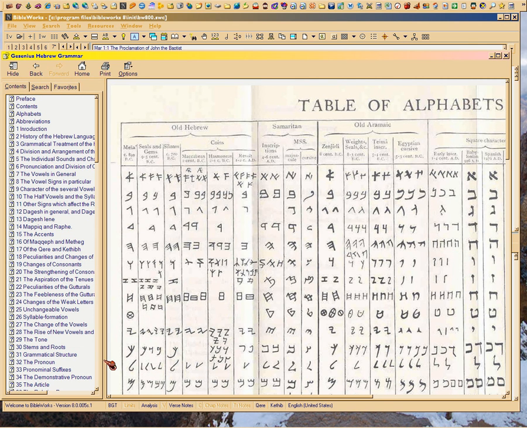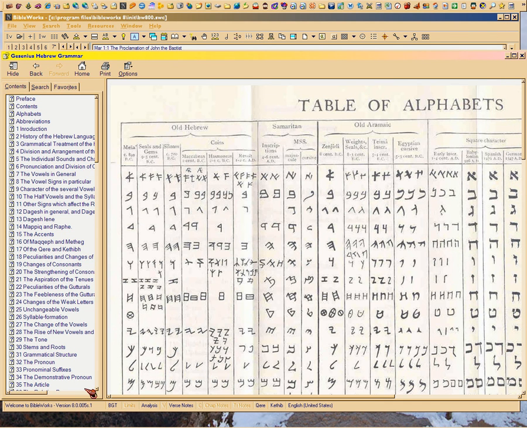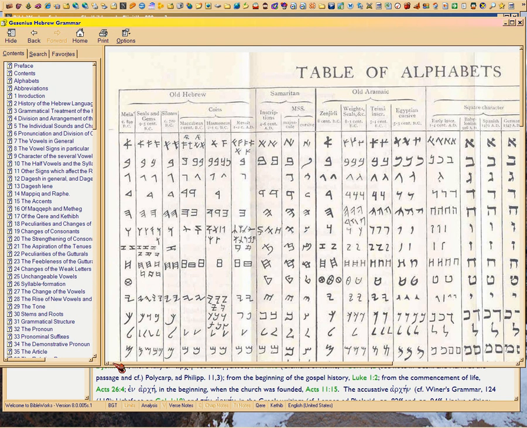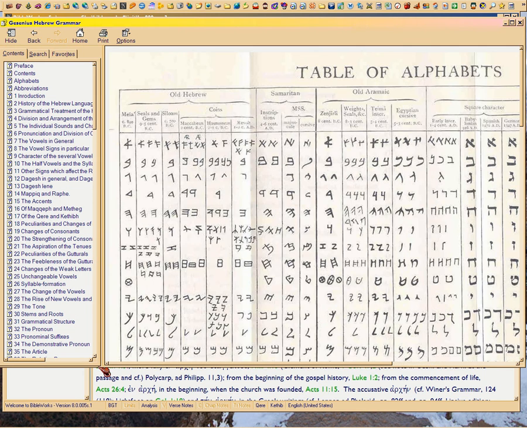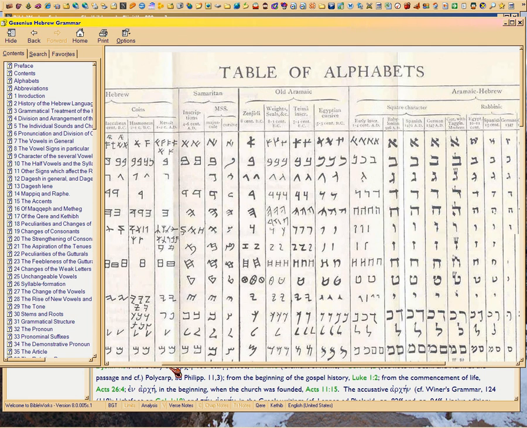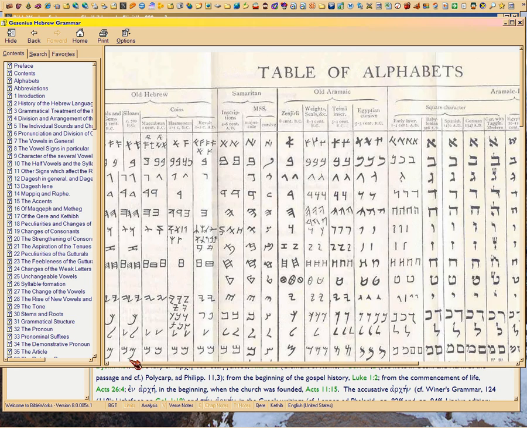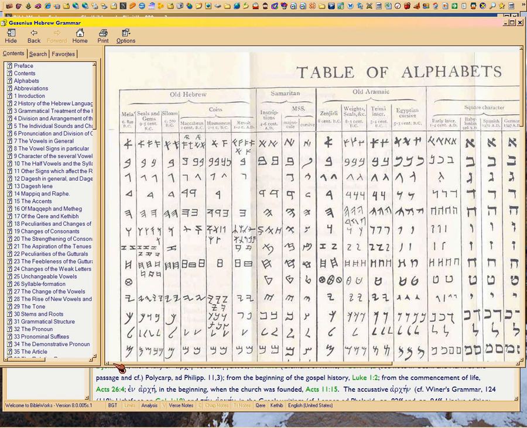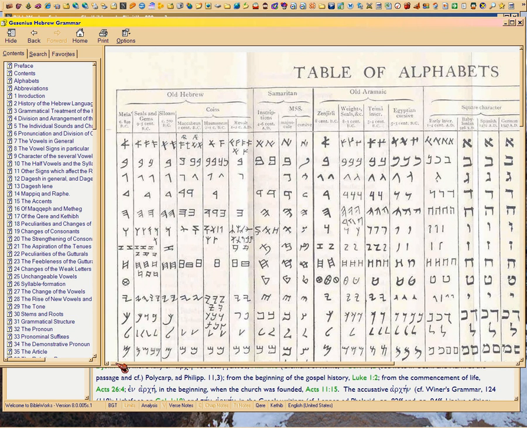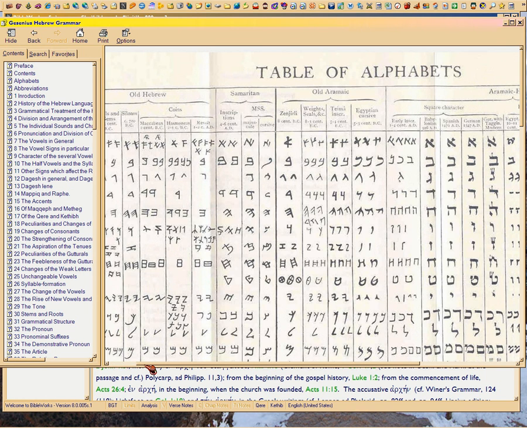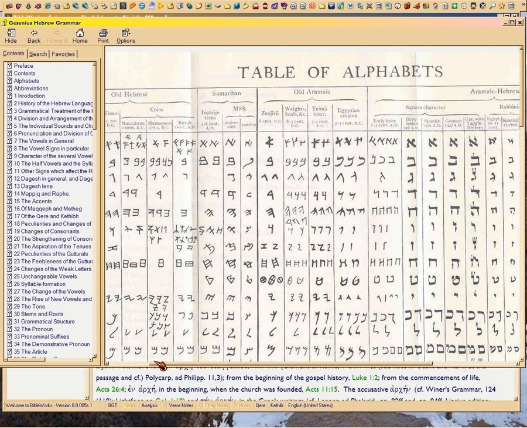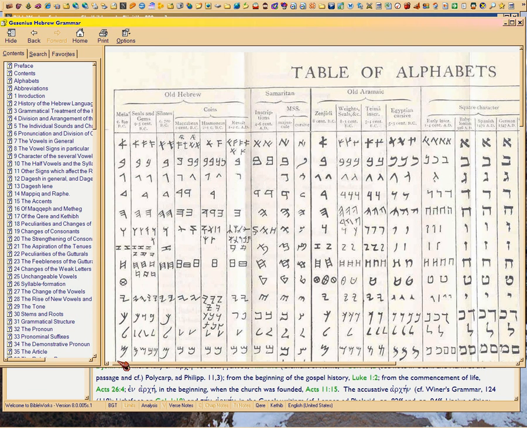I tried to find it in order to help somebody understand the nature of the Hebrew alphabets, but they did include it in this copy. This is a fold-out. I have the hardback of Gesenius, and this is a fold-out page that actually looks much better in this copy than it did in the original. Okay, you can tell that they're using an old copy too, that they photocopied it, because of the sepia color. Okay, I put also a JPG.